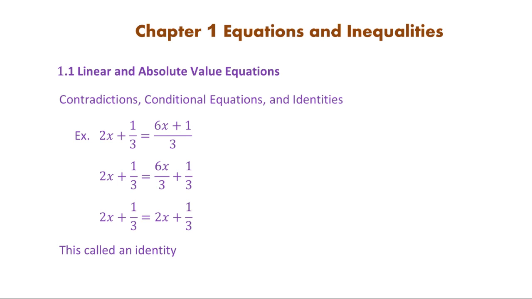It's always true. So this is opposite to contradiction. In the case of contradiction, it's always untrue. The equation never holds. In the identity case, the equation always holds. It's always true no matter what the x value is. Okay, so you get infinitely many solutions in this case. So let's just